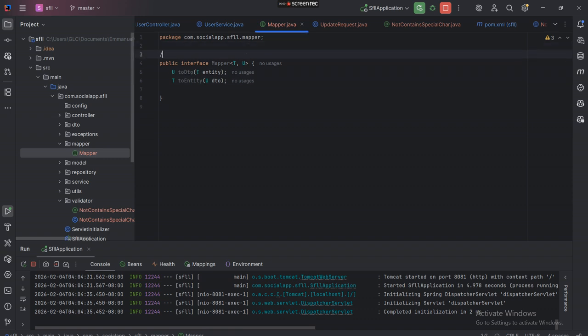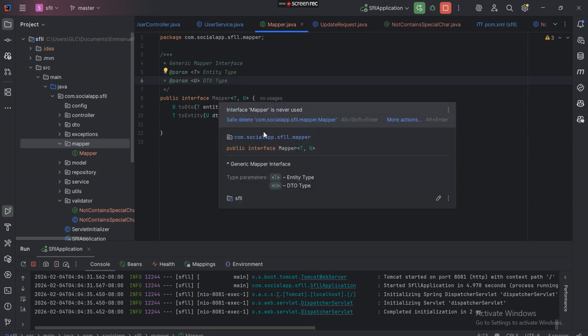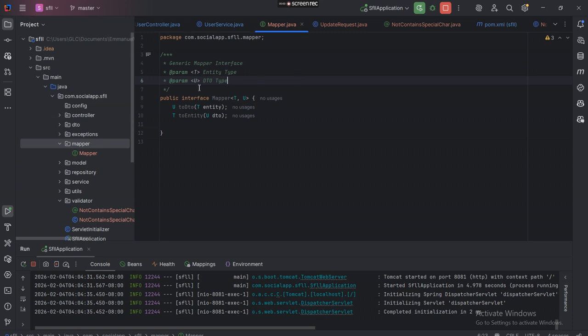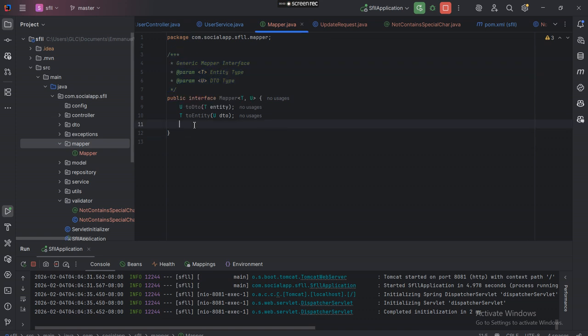So we can also have a comment just to make sure that, generic mapper interface, that is the entity type, and the DTO type. There we go. So that when you hover over these, you have proper documentation. Again, this is something new that I just introduced. This is proper documentation. You always want to document your methods, and so you have, these are generics. We're using generic programming in Java. We are creating generic objects, and what this allows us to do is create two methods,